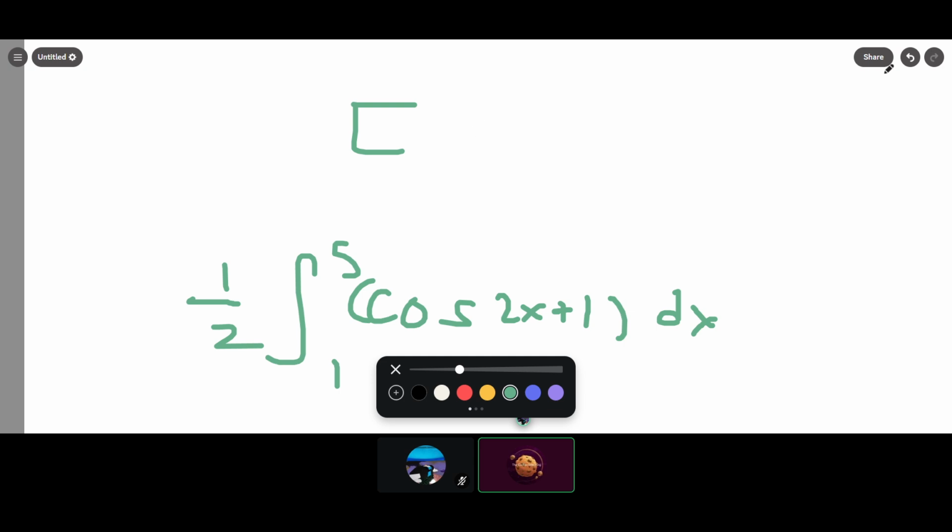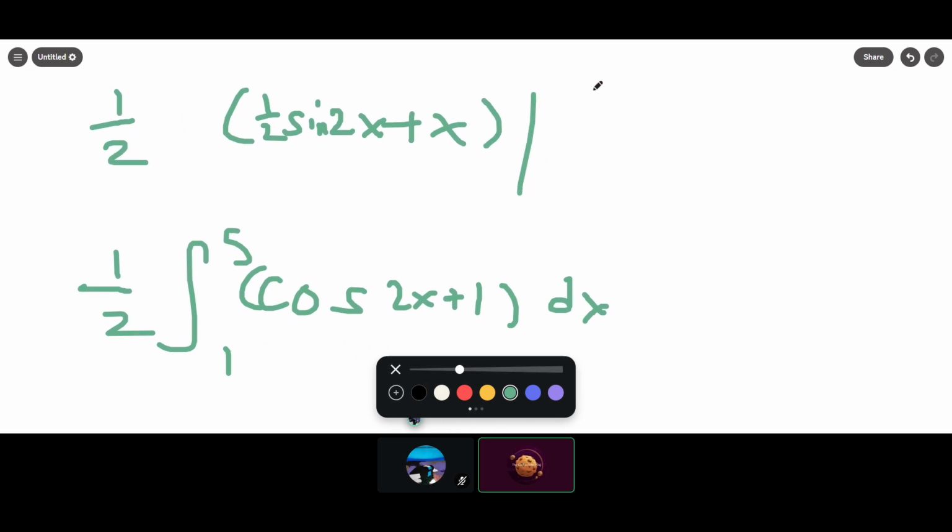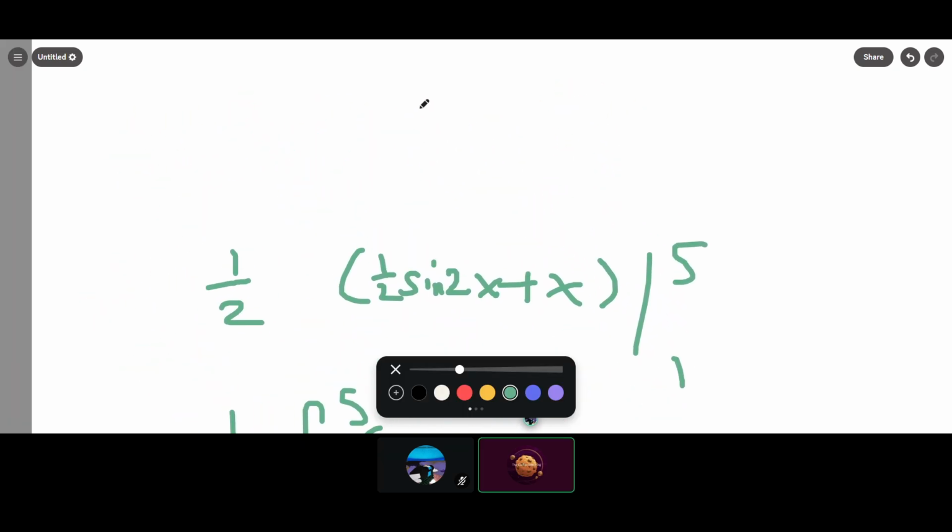So we get 1/2 sine 2x plus x. Make sure, don't forget your 1/2. And then we go from 1 to 5. So we have 1/2 sine 10 plus 5